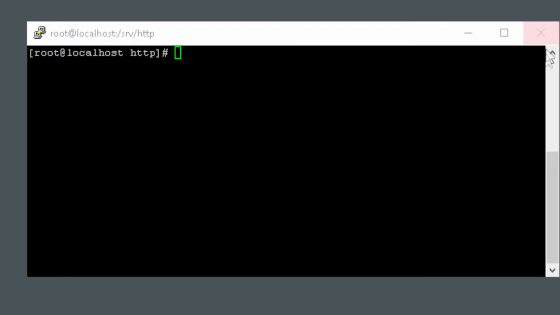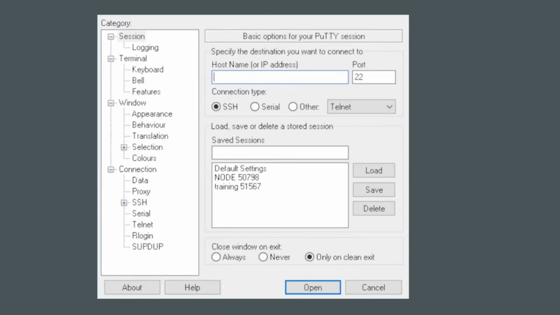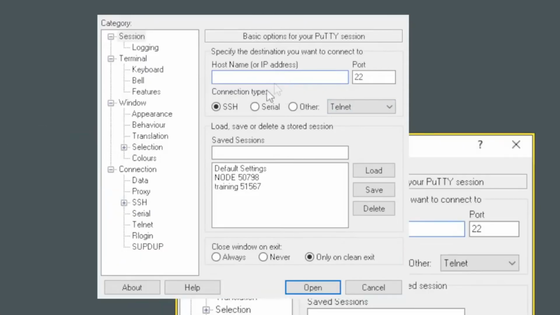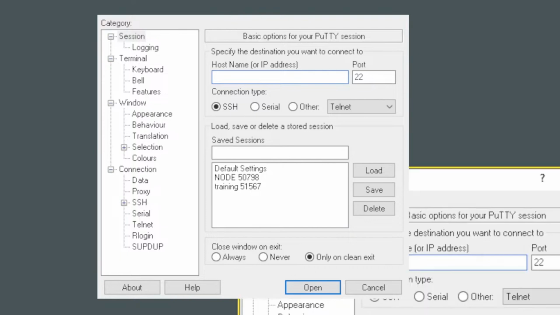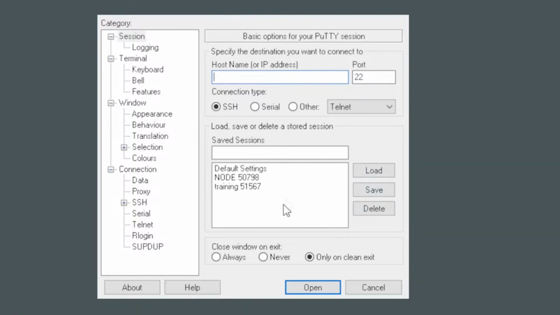Actually, let me go through and let's see if this will work. I'll just go slow on this one. So we're going to open Putty. Well, here's Putty. Come over here. And of course, it's going to pull 2 windows up. Alright, so inside Putty,